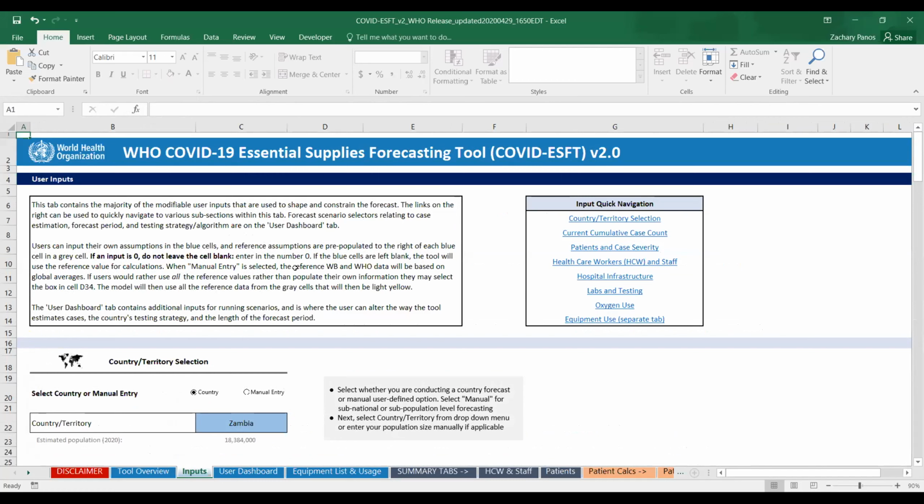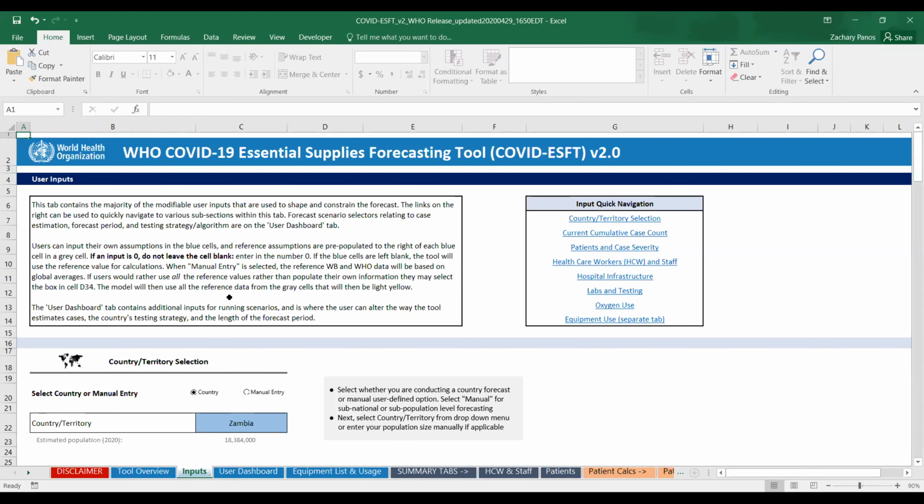If you're familiar with version 1 that was released, I believe in late April, a number of these inputs were not editable by the user. They were set by the WHO. And in version 2.0 that went live, I guess about a month ago, these have now all been brought to the fore, so users are able to customize this tool to fit their given needs and context.